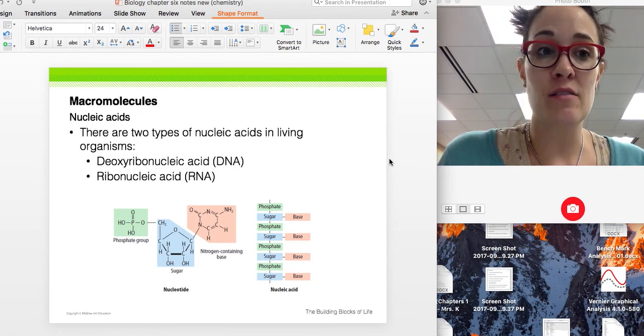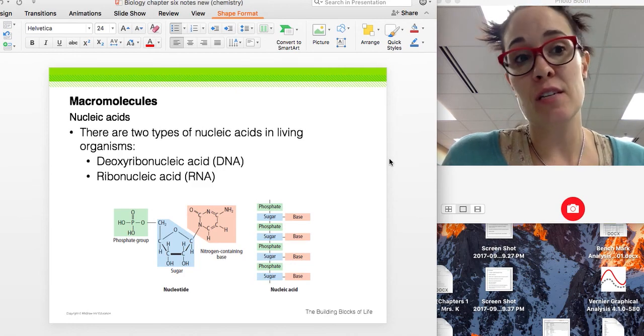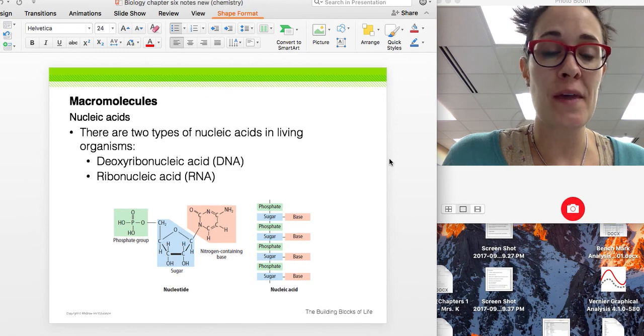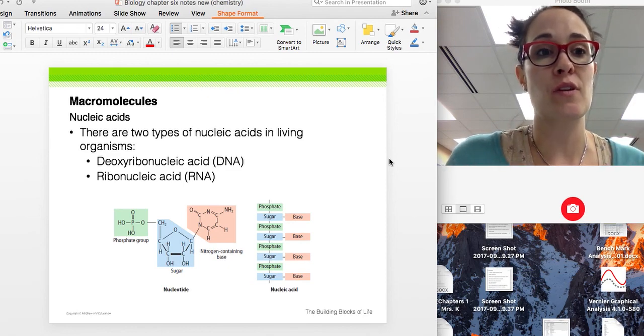So that's the end of section 6.3 about water and about pH, and 6.4, which are about the 4 major macromolecules, their structures, what they look like, what elements they contain, and what the small subunits are to make